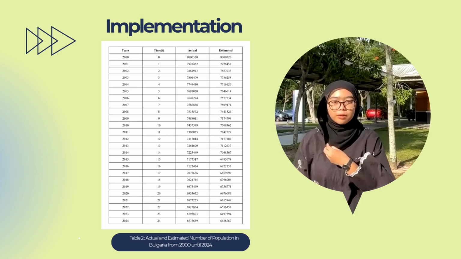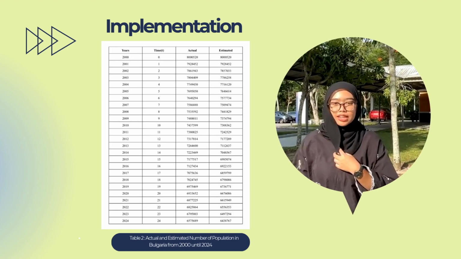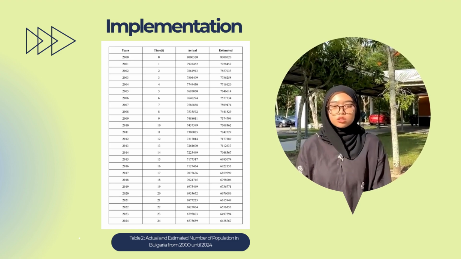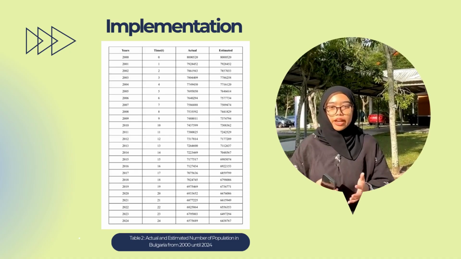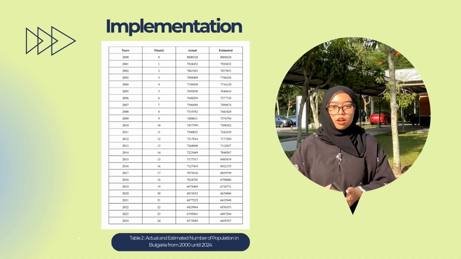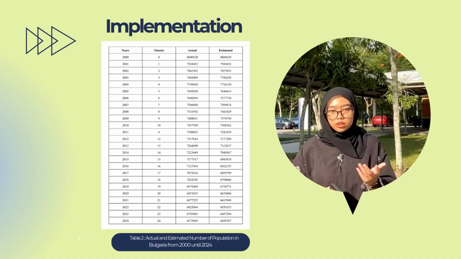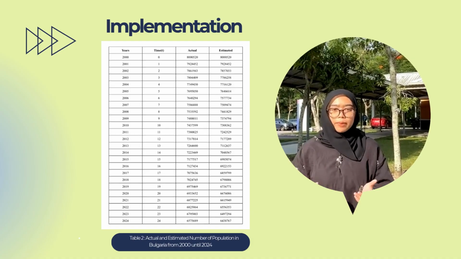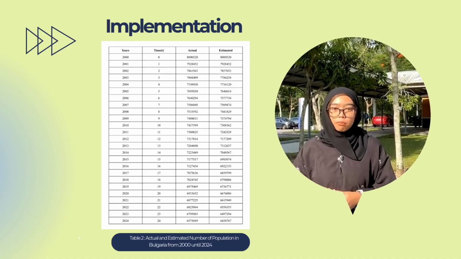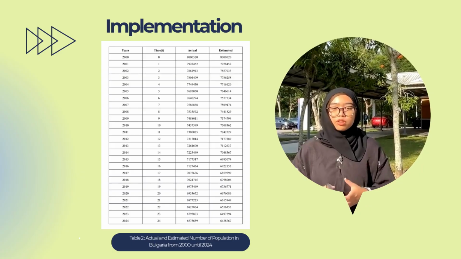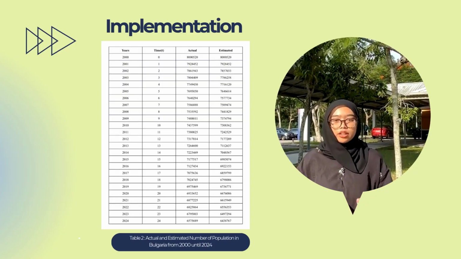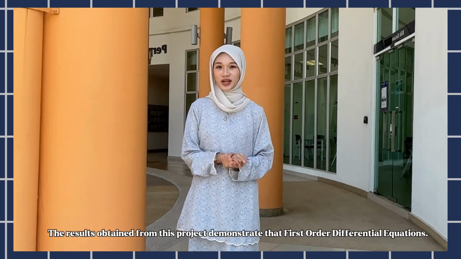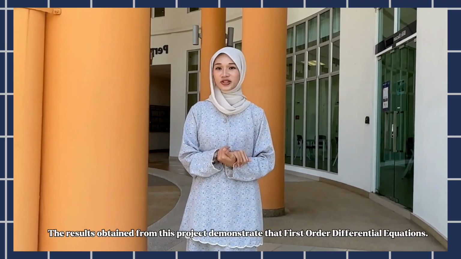Next, in Table 2, we compare the actual population data with the estimated values. The estimated data closely follows the actual data, which suggests that the model used is reasonably accurate in predicting the population trend. Although there are slight differences between the actual and estimated values, the overall pattern remains similar. In conclusion, both tables show a clear downward trend in Bulgaria's population over the 24-year period, and the estimation model effectively represents this trend. The result obtained from this project demonstrates that first-order differential equations